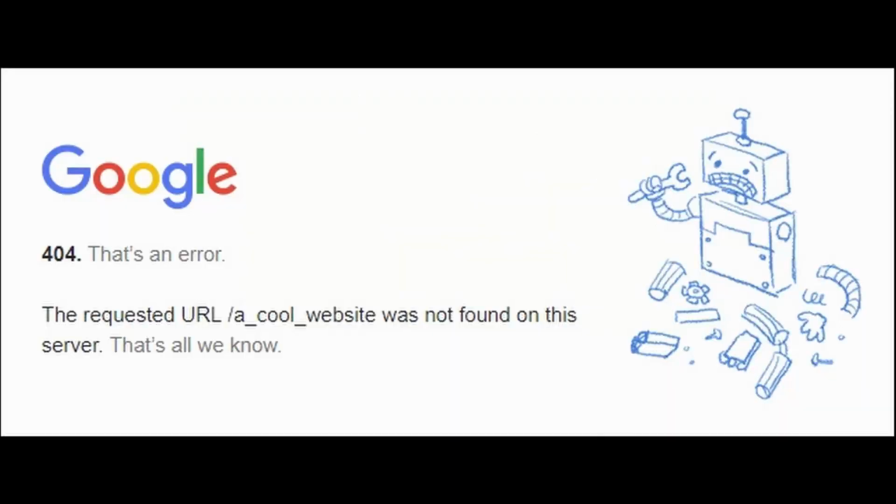So in this video, we are going to learn how you can create an error 404 page in Elementor. If you visit any website and you click on a page or an article that doesn't exist on the website, you'll be redirected to a page which looks something like this, which says error 404 or this page doesn't exist. So we're going to learn how exactly you can create this page.